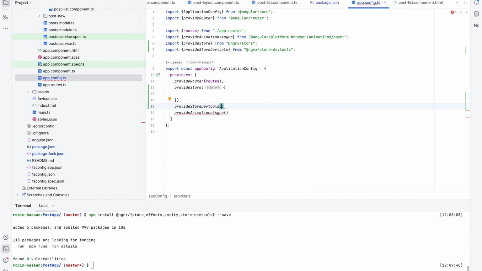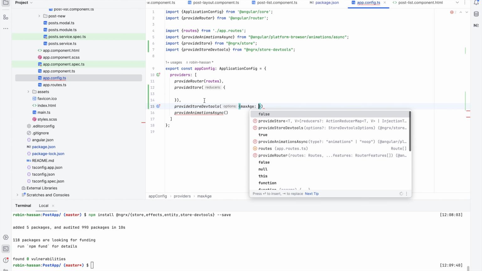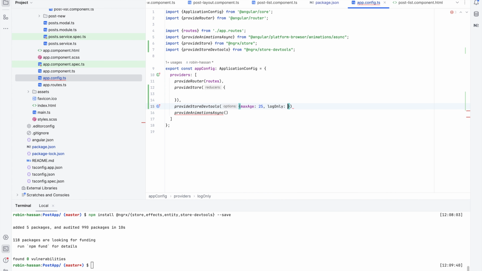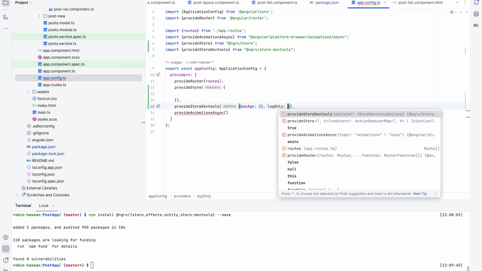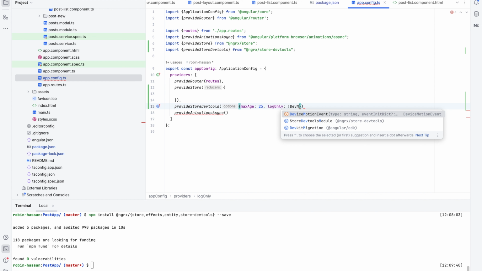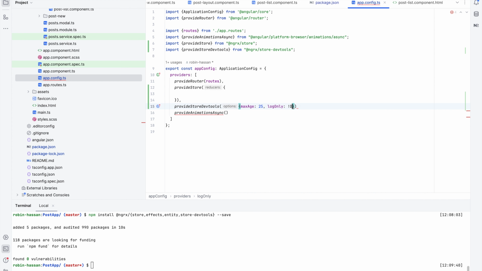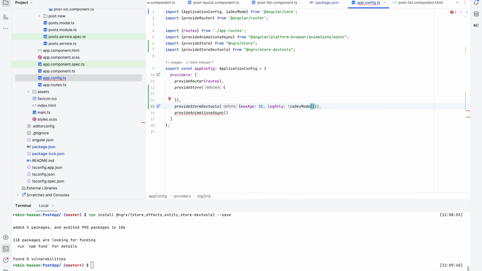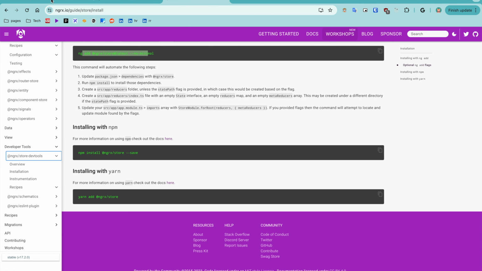Store dev tools, where we say, let's say max age 25, and we can say log only if we are in dev mode. And in the comma. Now if we reload the app, let's say,